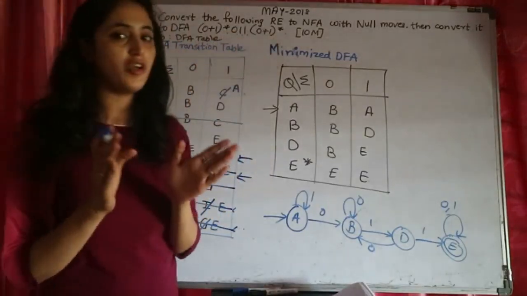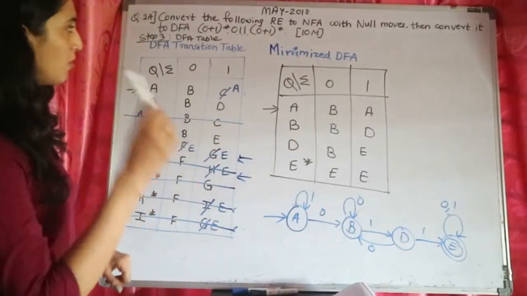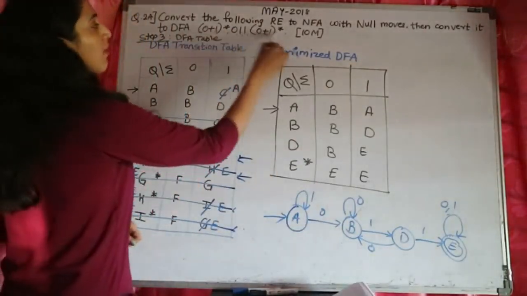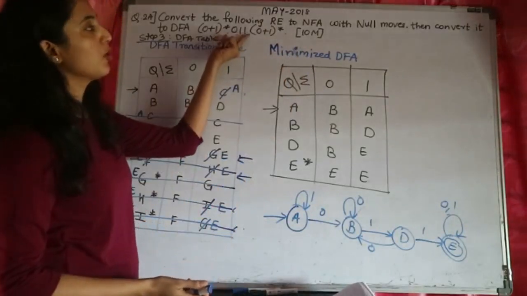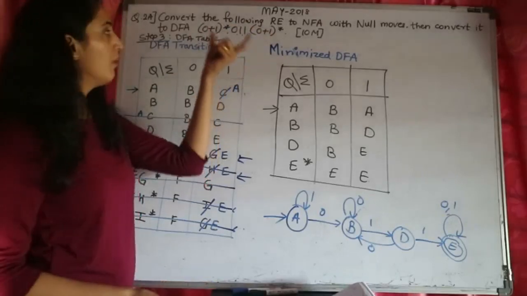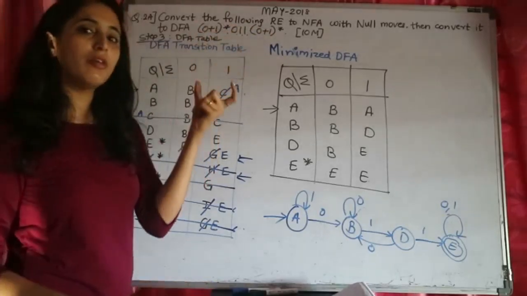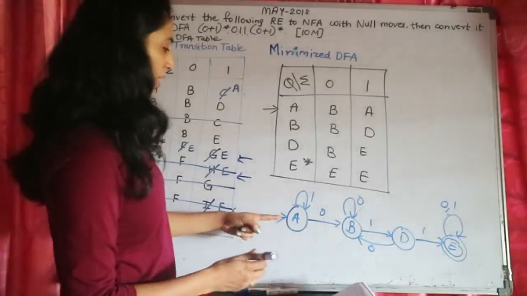If you want to cross check your answer after doing so many efforts on this particular problem, you can cross check a little bit like this. This regular expression, if you observe properly, is containing the substring 0, 1, 1. Before and after we can have any combination of 0 and 1. मतलब ऐसा कोई string जिसके अंदर 0, 1, 1 एक substring होना चाहिए. So if you just look at this diagram, ये diagram में भी ऐसे ही हो रहा है.